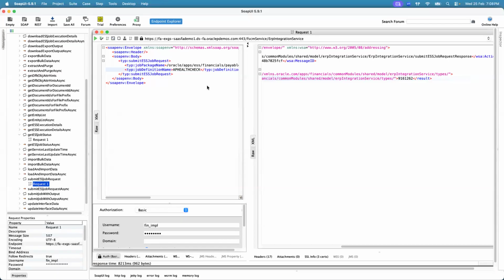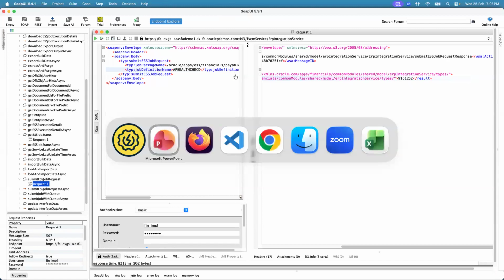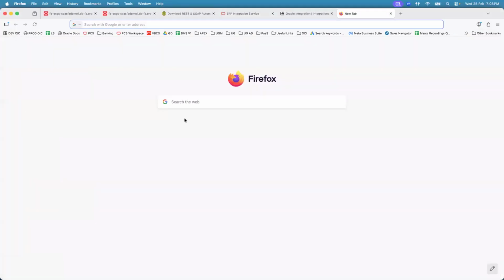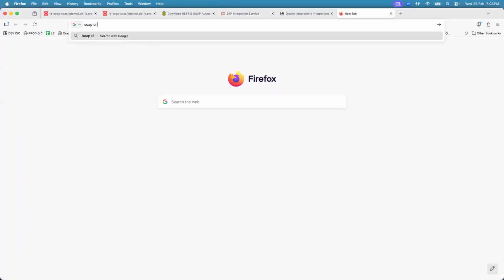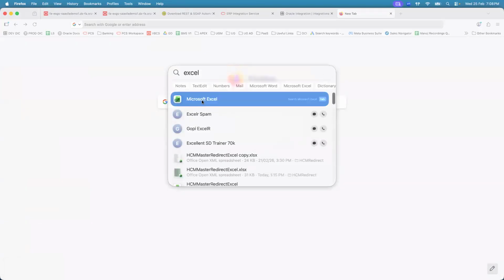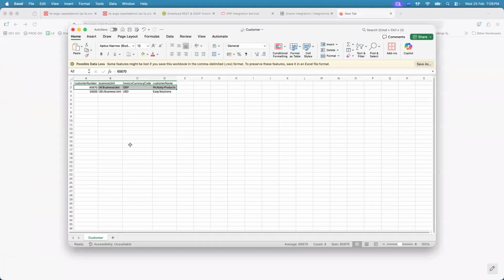Ramesh? The Postman and the SOAP UI, both are the same kind of tool for testing. Yeah, just two different testing tools. What's the difference between SOAP UI and Postman? These are two different testing tools. Okay, let me open up an Excel and write it down. So, what we usually do is